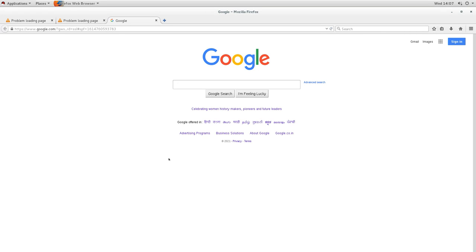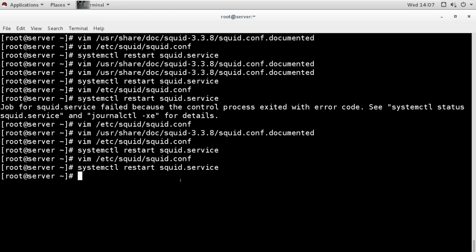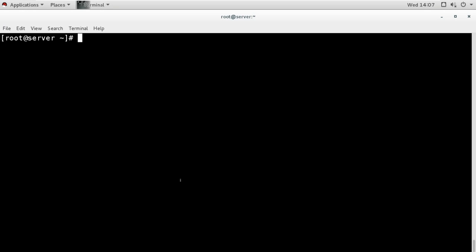So these are the samples, and these are the configuration ACLs we can create, and this is how this Squid server works. So what does the Squid server do? It does proxy by default, and caching is disabled by default, and we can configure it as a proxy firewall, an application layer firewall, where we can decide which client can access, which network can access, and which site can work and which site cannot work.